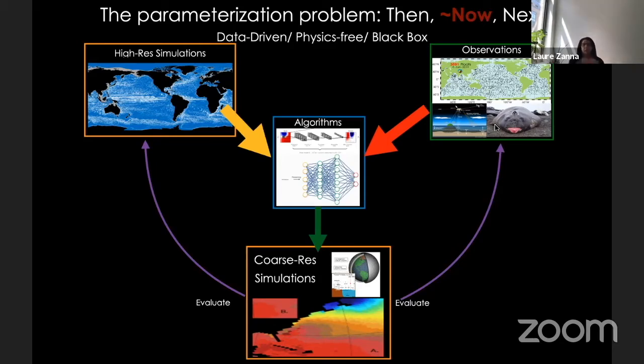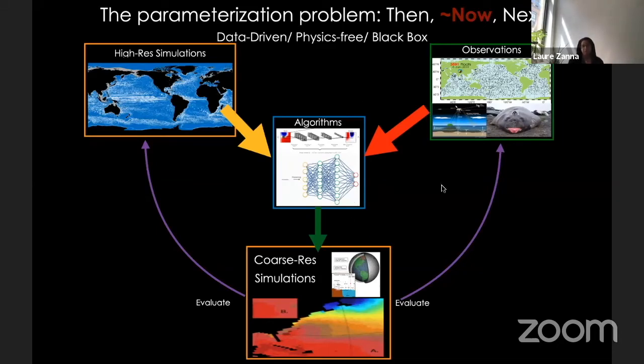So we're getting a new wealth of information that we didn't have before. So now it's time to use that new data with, of course, the advance in machine learning, which are faster algorithms that know how to capture both temporal and spatial information in a way that we didn't have before, and come up with a new parameterization that will do the same. We'll put in a coarse resolution model and hope that it will improve your simulation when you compare them against the high resolution or the observation.